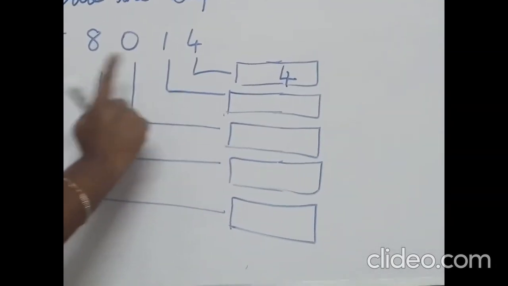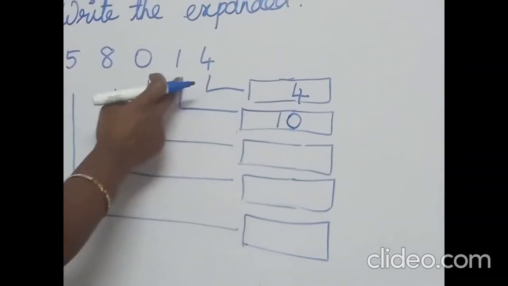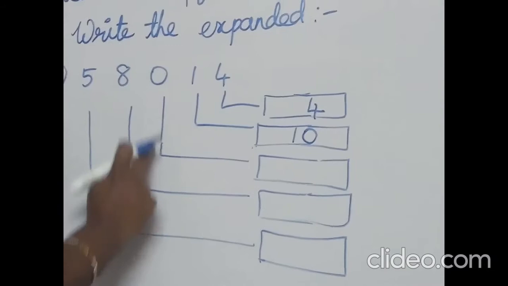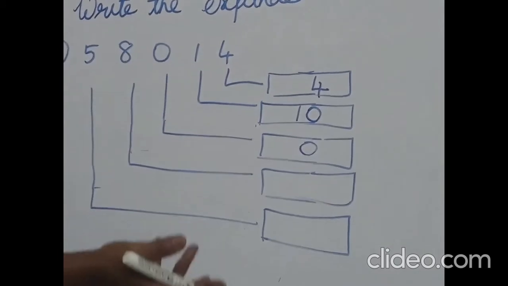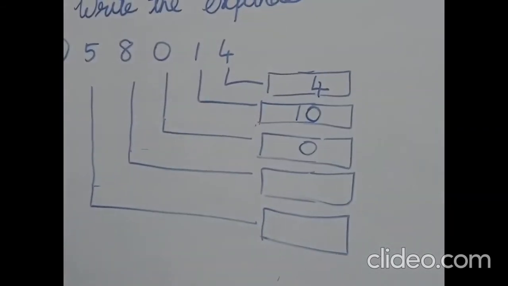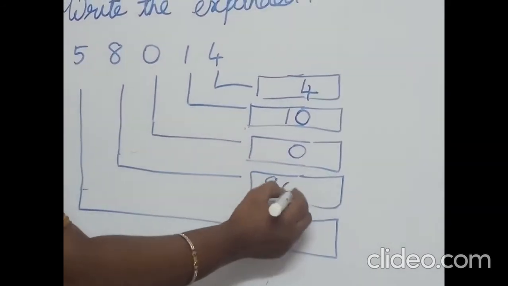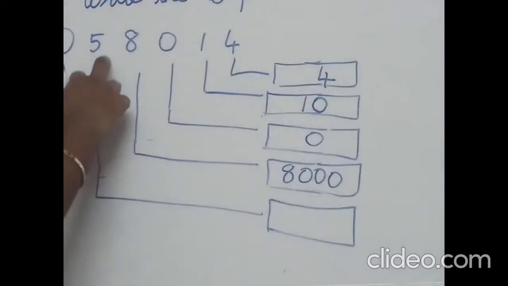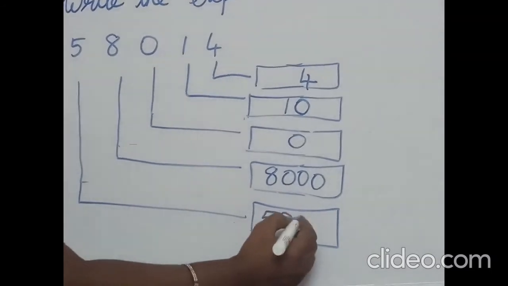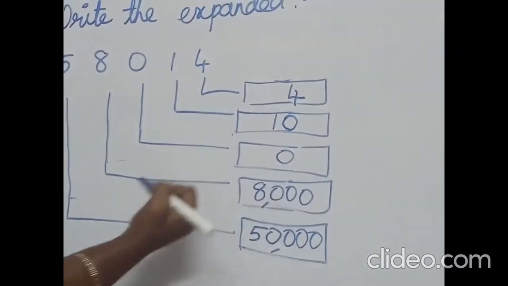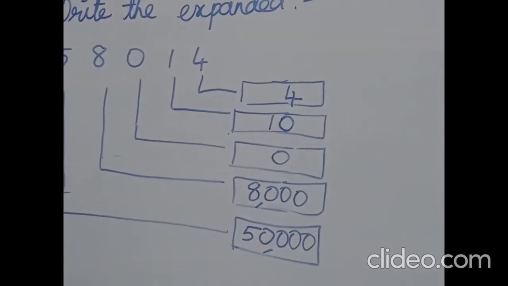Next in the tens place we have a 1. 1 is nothing but a 10 because it is the place of a 10. Next is 0. It may be in the place value of a 10 or a 100,000. We have to write the 0. So no value for the place value. Then 8. 8 in the place of 8,000. Next 5 in the place of 50,000. I think you will understand the sum. Exercise 1.1 will complete it now.